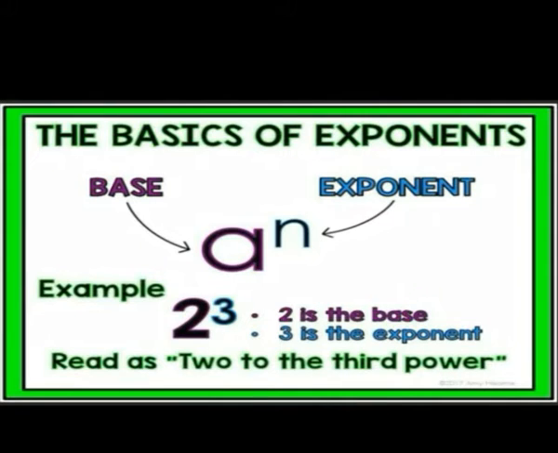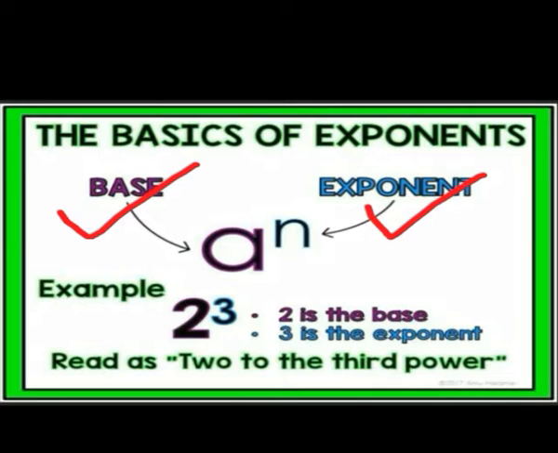Students, you already learned in the previous class that exponents are a short form of writing very large numbers and very small numbers. An exponential number has two parts. The first part is a base, which is multiplied by itself a certain number of times, and the second part is the exponent or power, which tells us the number of times the base is multiplied.